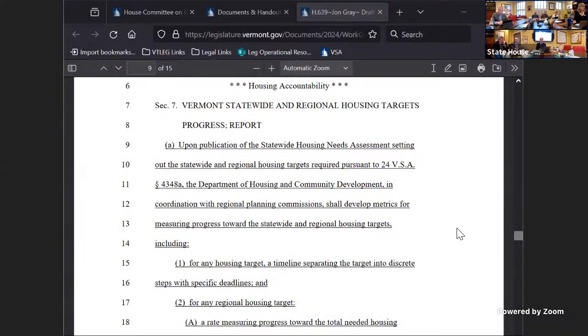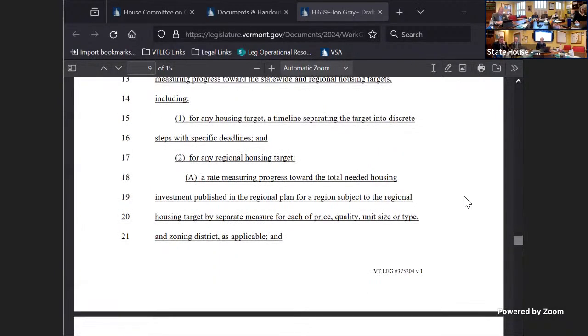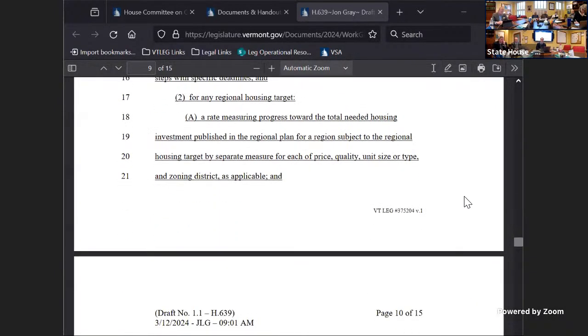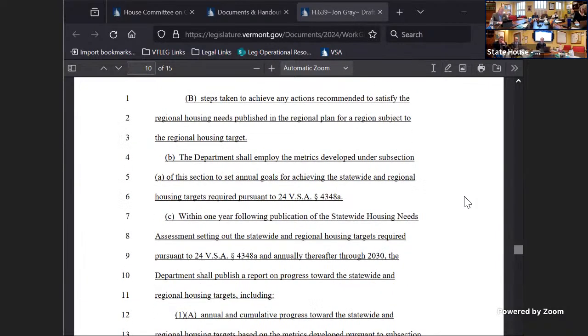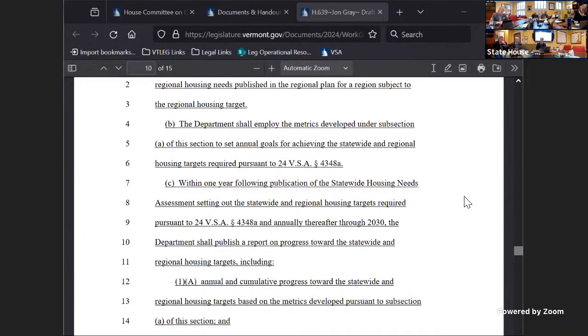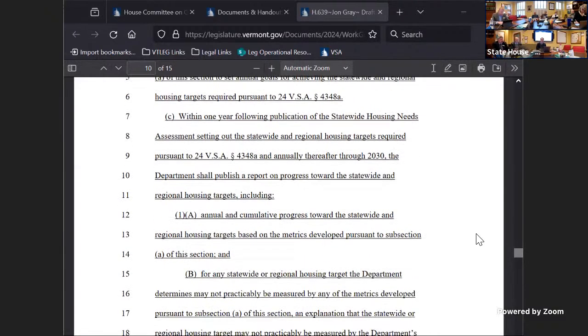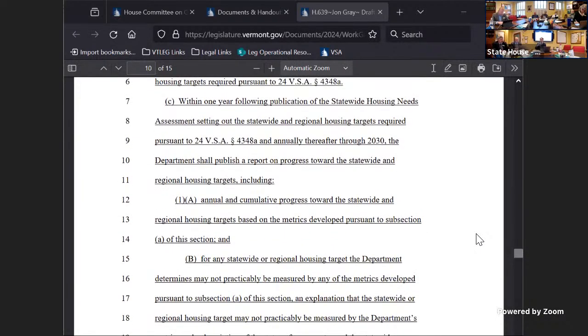What this does is, again, it says that the Department of Housing and Community Development, so DHCD, upon publication of that statewide housing needs assessment, is to further develop metrics for measuring progress, requiring particular metrics, including housing targets with timelines, rates measuring progress, steps taken to achieve any actions recommended, and then to employ those metrics to develop annual goals so that on a yearly basis, those targets can be checked to see whether adequate progress is being made. And the basis for seeing that, to actually having the accountability, is that within 1 year following that publication and annually thereafter through 2030, DHCD would